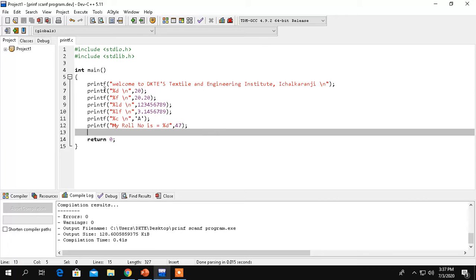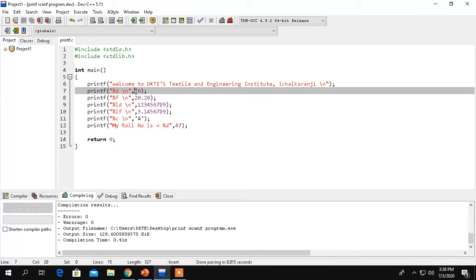So what is our final statement for the printf? printf, in the bracket double quote, we have to consider the %d sign, and after that double quote we have to consider one single comma, and whatever value we are going to print, we have to write over here. In this case we are printing 20. So the 20 value we write here after this single comma. Again we complete this printf function by considering one semicolon, and we complete this printf function successfully.